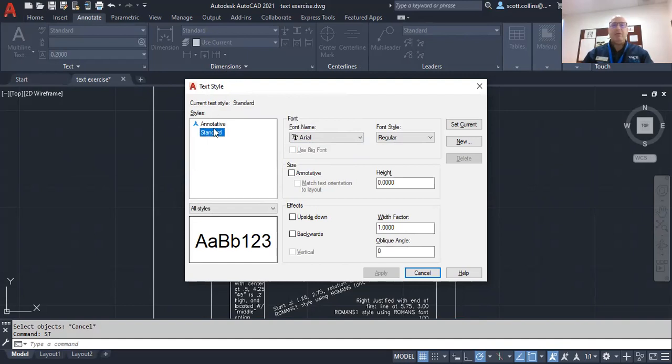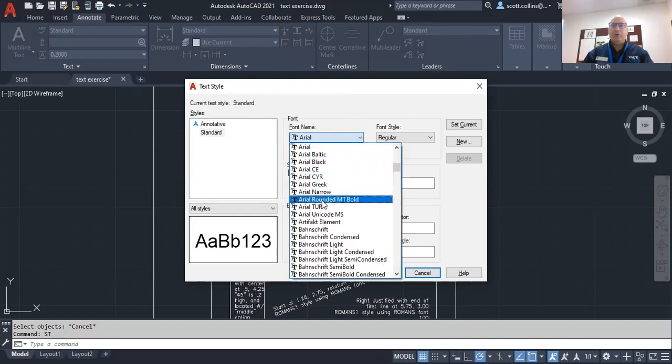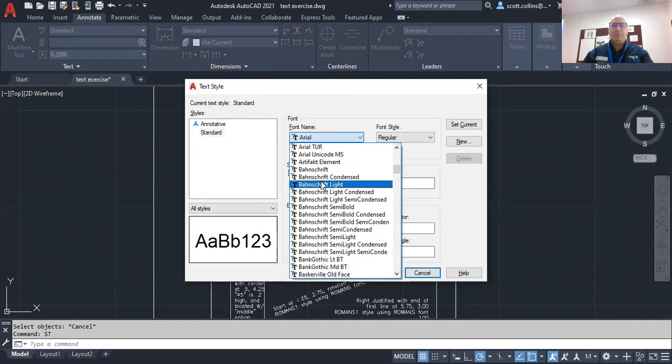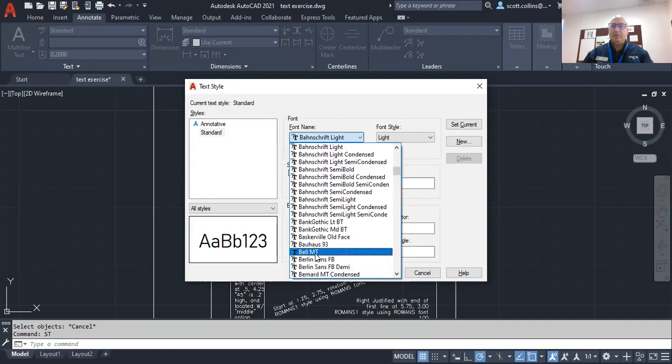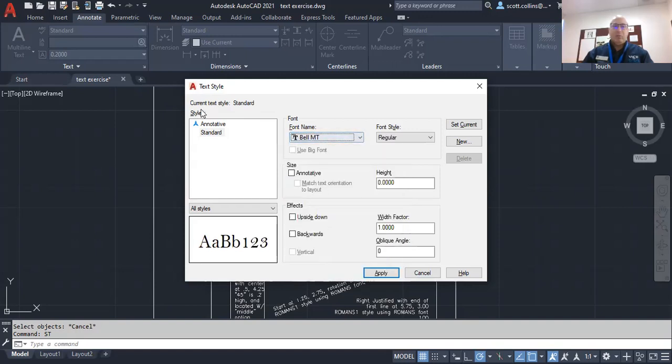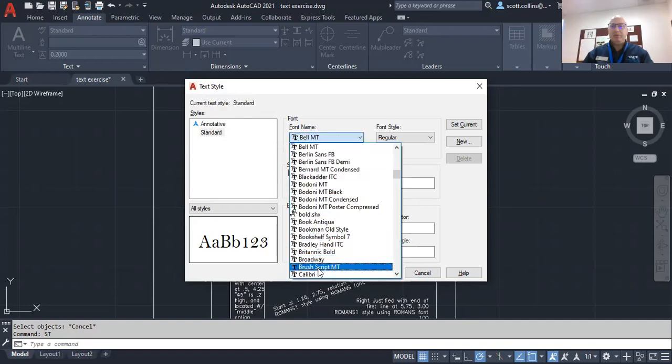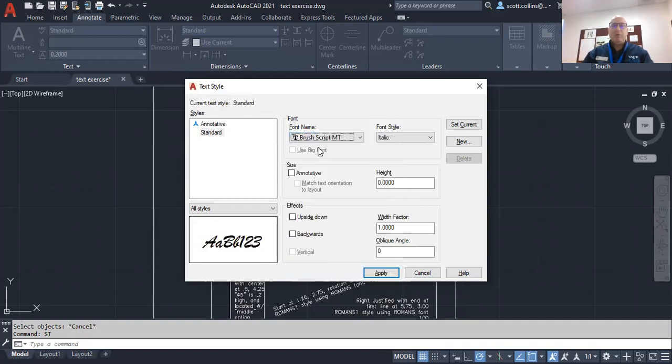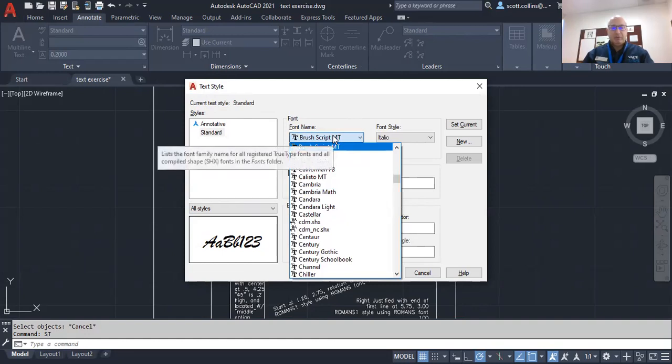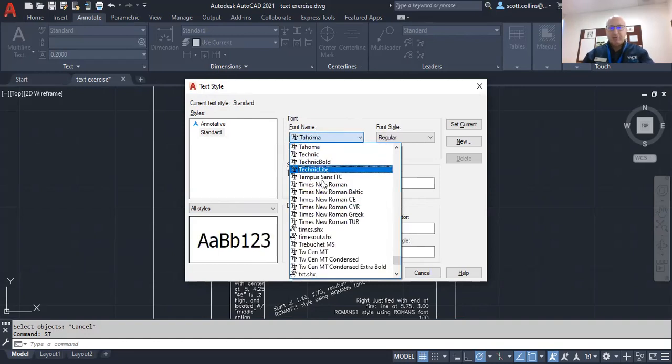Think of it as your name and the shirt you're wearing. You can change the way you look just by changing the shirt that you have on. In the same way, each style can change its appearance all based on what font is attached to it. This can be really dangerous if you use Standard, because people will change this. So let's set this back to